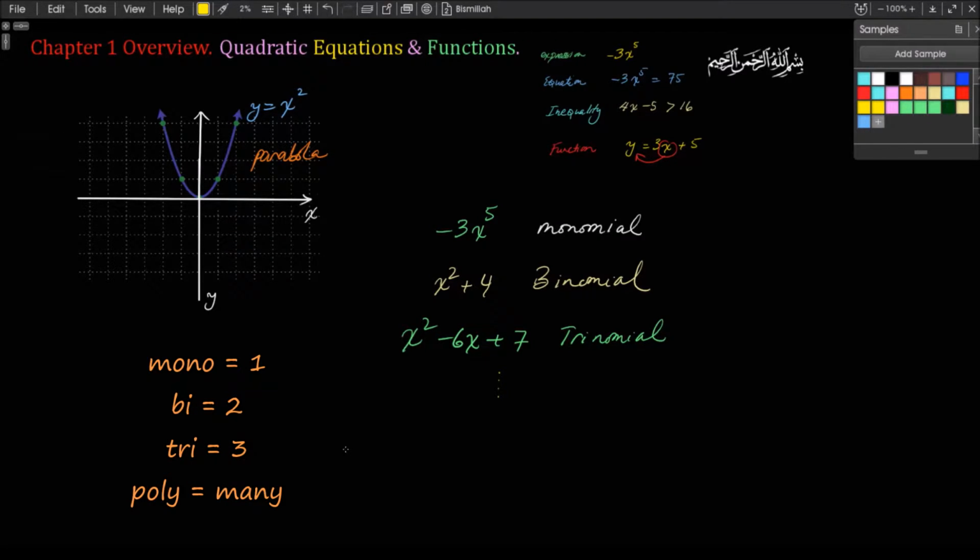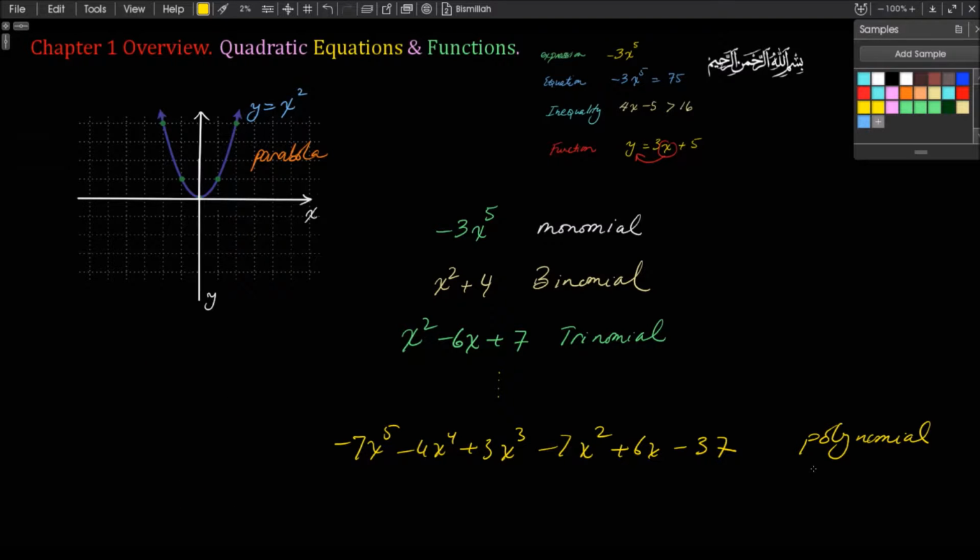And when you have more than these, such as the following, negative 7x to the fifth minus 4x to the fourth plus 3x cubed minus 7x squared plus 6x minus 37, that's simply a polynomial. In other words, many-term algebraic expression. So, a monomial is one-term expression, a binomial is two-term expression, a trinomial is three-term expression, and a polynomial is